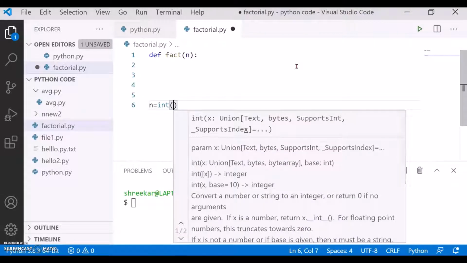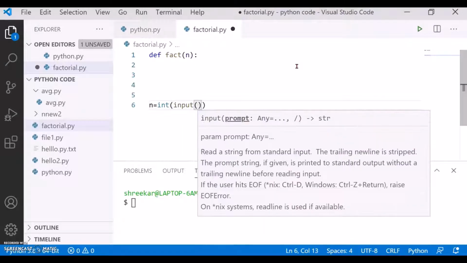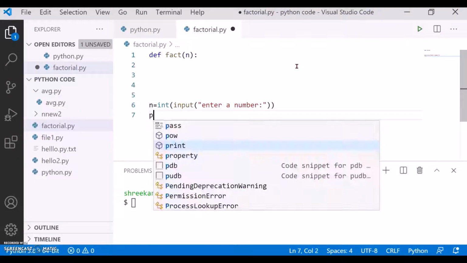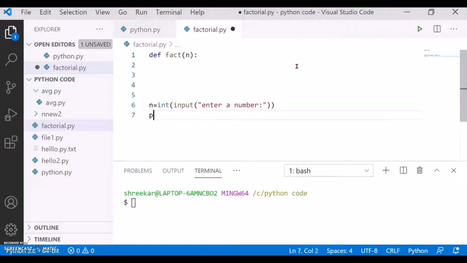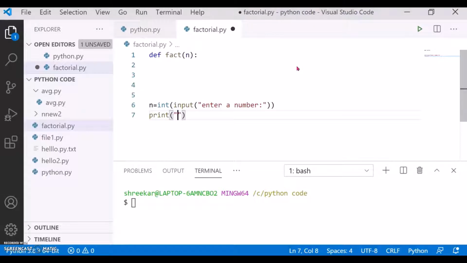Ask the user to input a number, so input: enter a number. Then print. What do you print there?